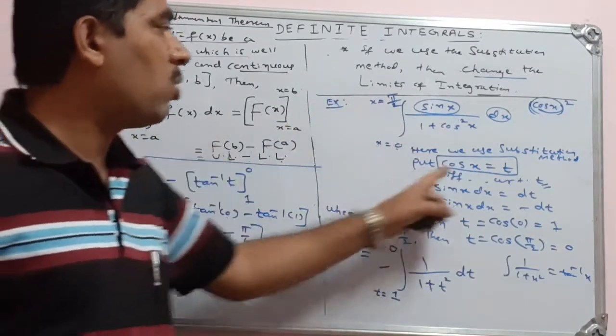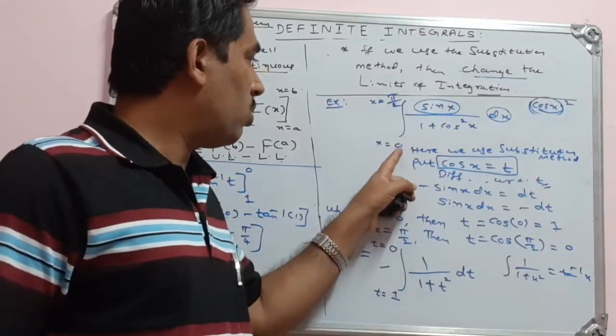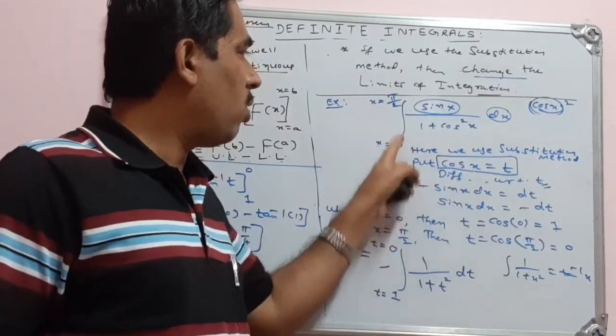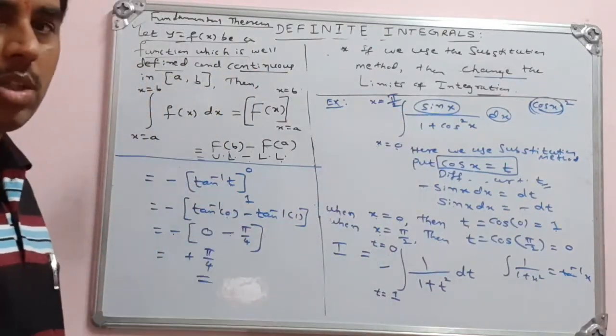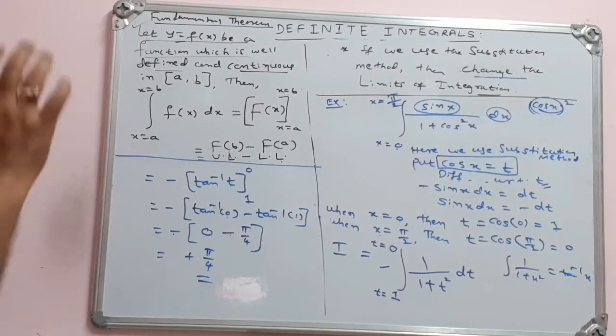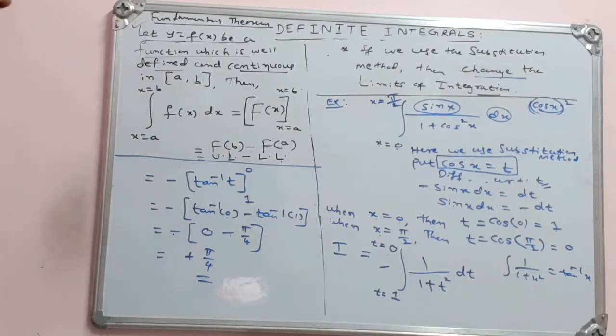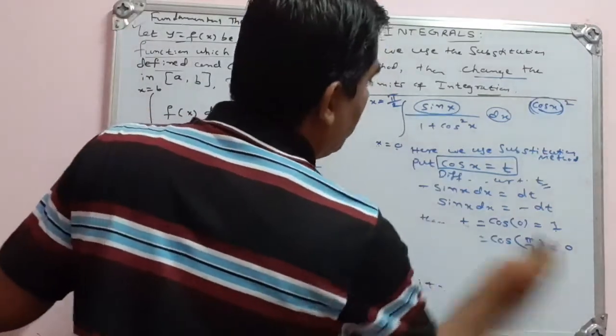So whenever we substitute something, you change the limits. How can you change the limits? You substitute these values here, then the lower limit and upper limit change to 1 to 0. Then you calculate the definite integral. This is one simple example of calculating definite integrals. Okay, note down the solution. Let us consider another example.